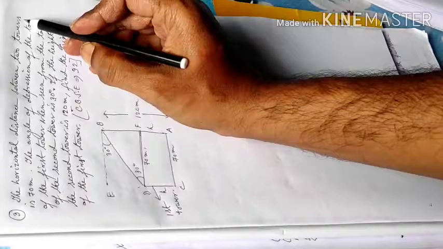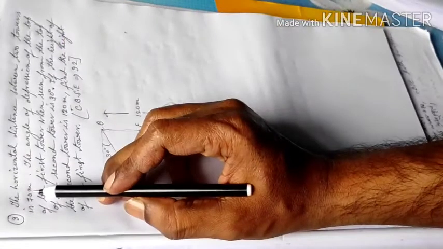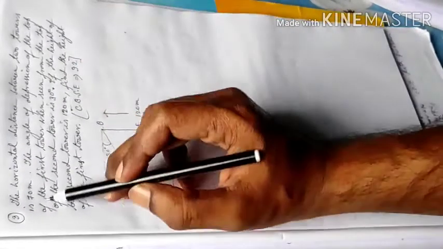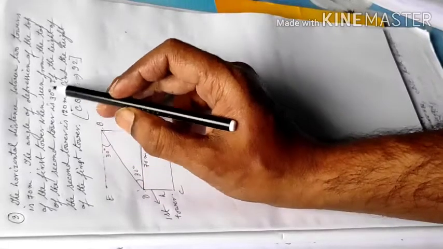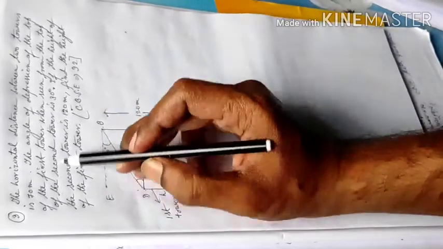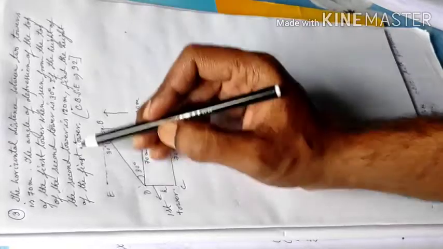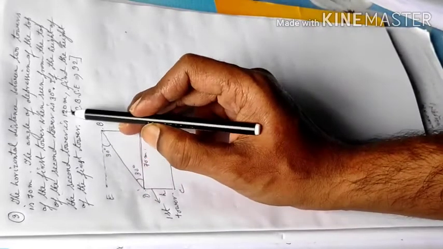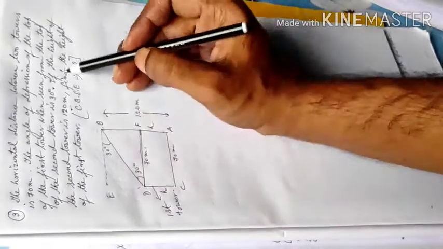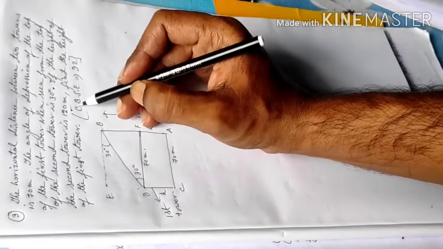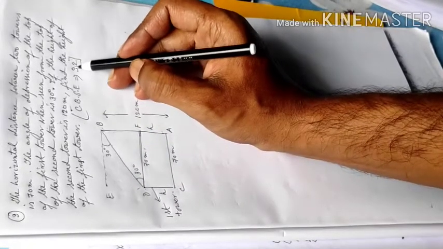The horizontal distance between two towers is 70 meters. The angle of depression of the top of the first tower when seen from the top of the second tower is 30 degrees. If the height of the second tower is 120 meters, find the height of the first tower. This question has come from CBSE in the year